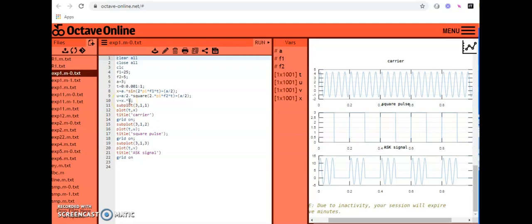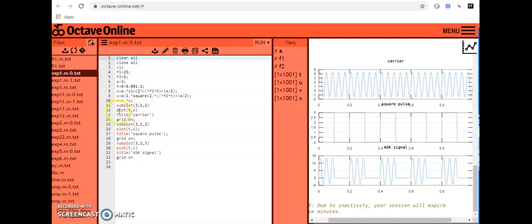Now after this, the remaining code is just to display the output. For that I am using the subplot command, 3, 1, 1. These are x, y, z, where 3 is 3 rows, 1 column, and first window. In this first window we have to display the plot.